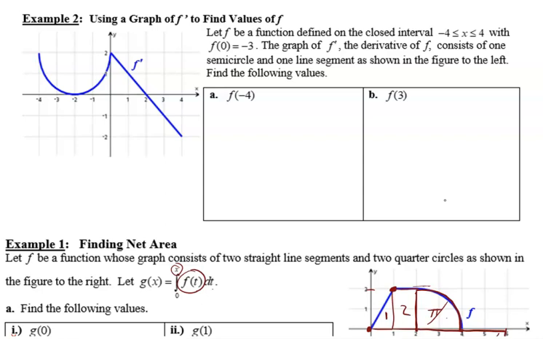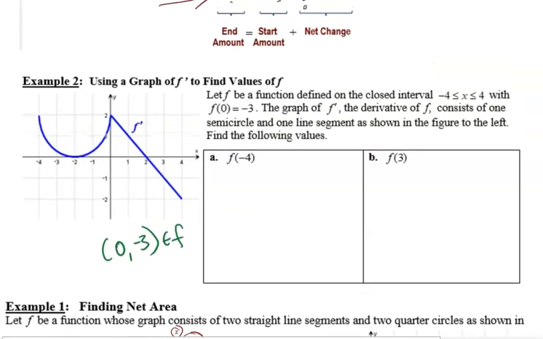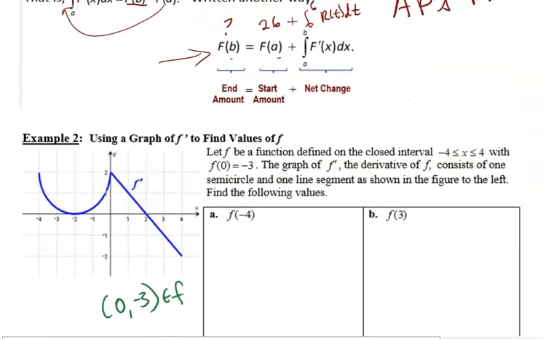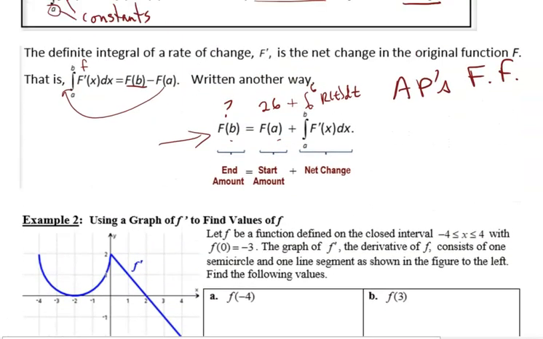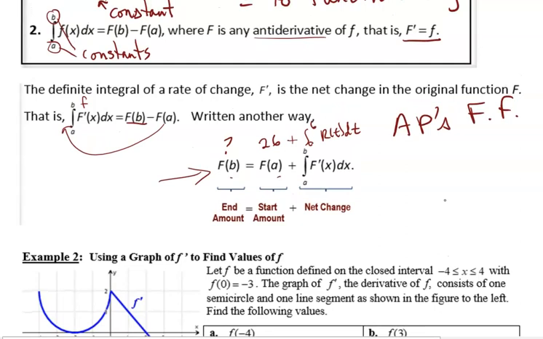We are looking for values of a function when we are only given the graph of its derivative, or its rate of change. So we have the graph of f prime. We also do know that f of 0 equals -3, so we have a point on the original function at (0, -3). It's a point on f. And then we also know that we can use the second part of the fundamental theorem, and actually in this rearranged order, or we can use the order it's originally written in,